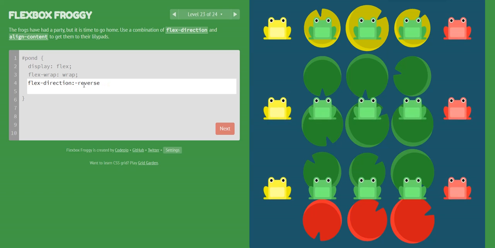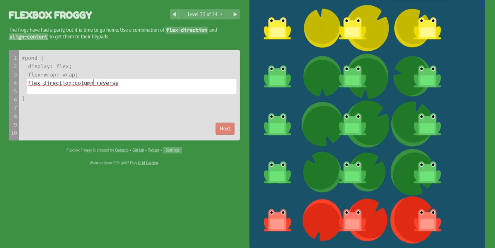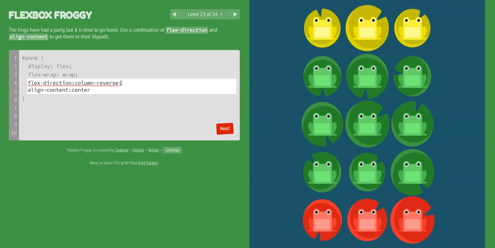But if I just say column reverse, you can see that things work a little better for us. And then the next thing is aligning the content is center, and we are good.